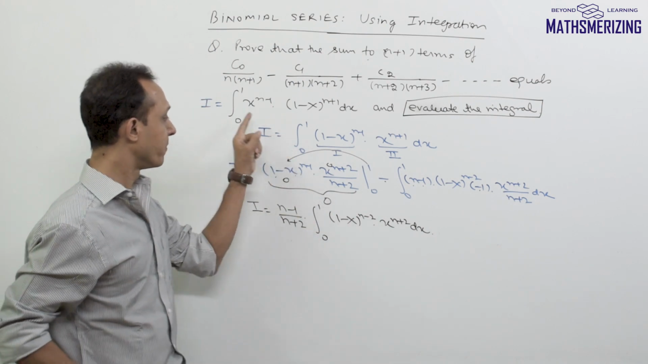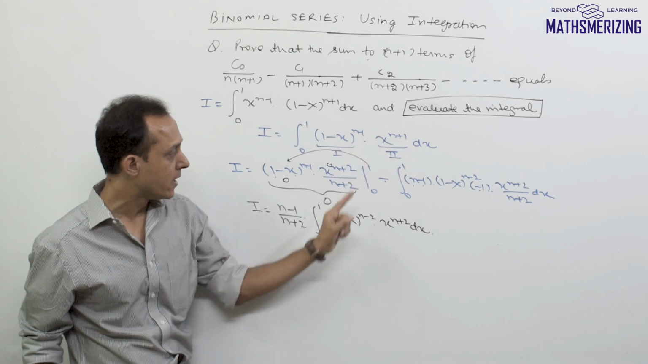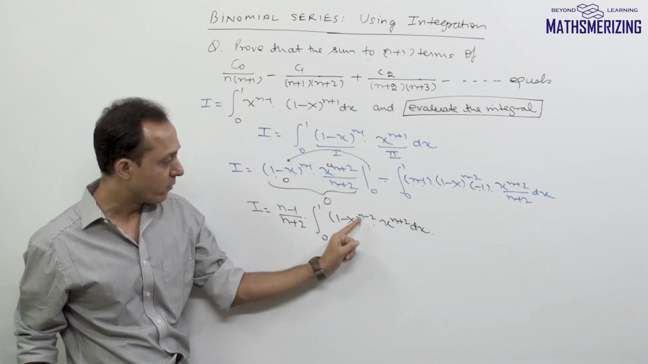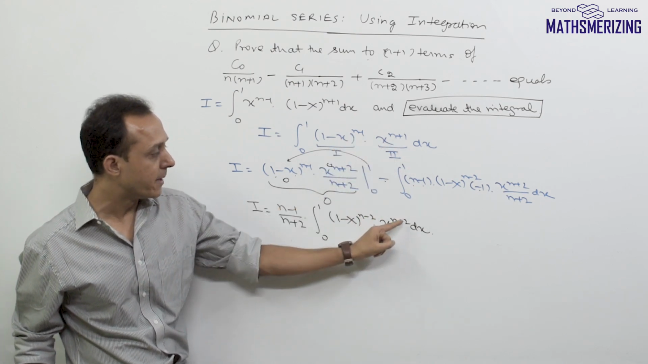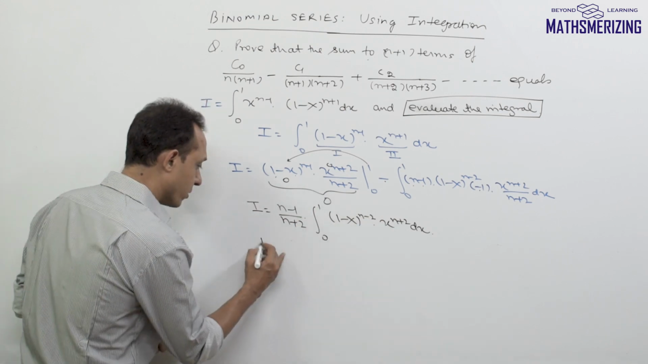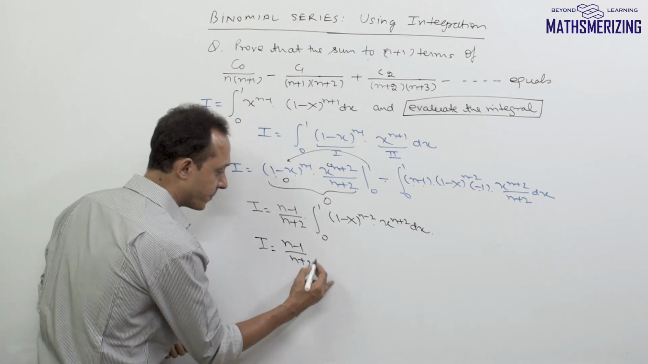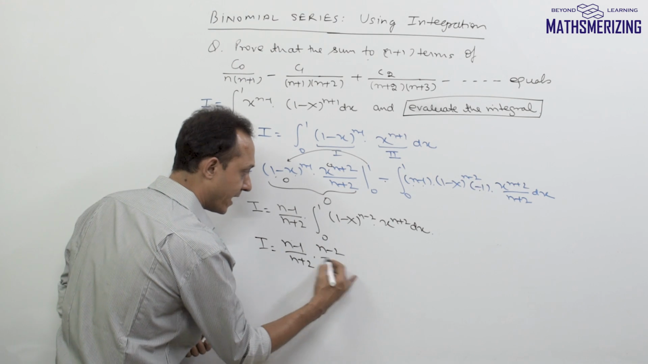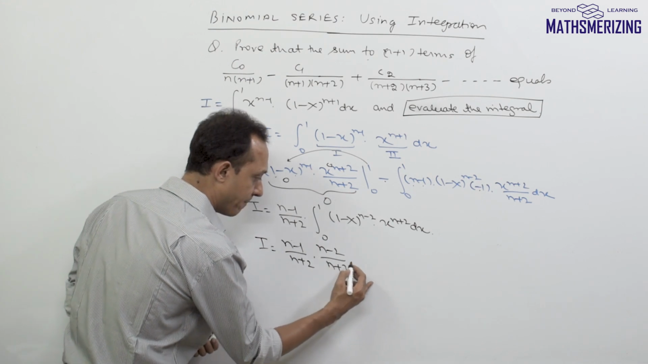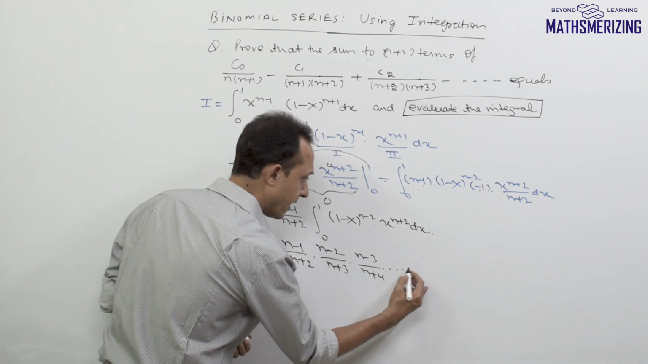So which is a similar form to the first one, right? The first one was 1 minus x to the power n minus 1 and x to the power n plus 1. Here this power has decreased by 1, and here this power has increased by 1. So if I use by parts again, I'll again get the same result. So what I'll do is I'll use iteration. So this is n minus 1 upon n plus 2. Next one will be n minus 2 upon n plus 3, n minus 3 upon n plus 4, and finally